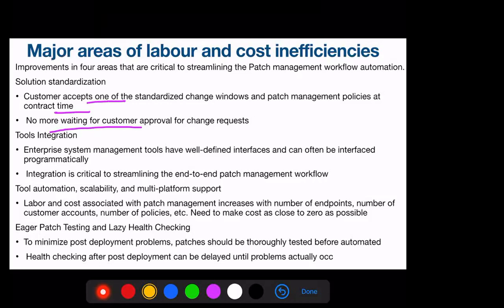Okay, fine. Next is your lazy health checking. After the patch management, the post-deployment step is your health checking. Now, if during this health checking you find that your applications are not working fine with the updated patch, then you have to roll back to your previous system. So to get out of this problem, what we can do is, before the patch update, thoroughly check the patch to see whether it will work fine if I do the update or not. So if we do the patch checking process properly,